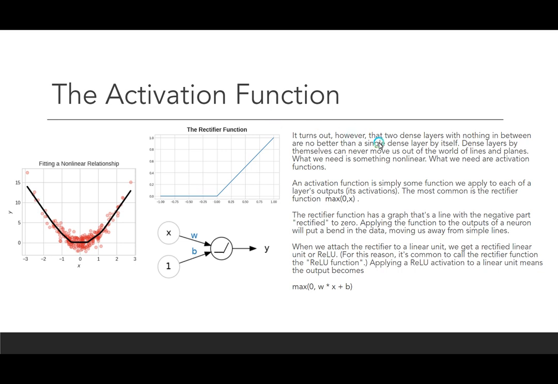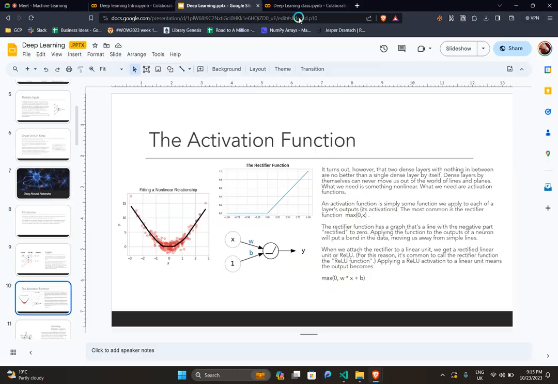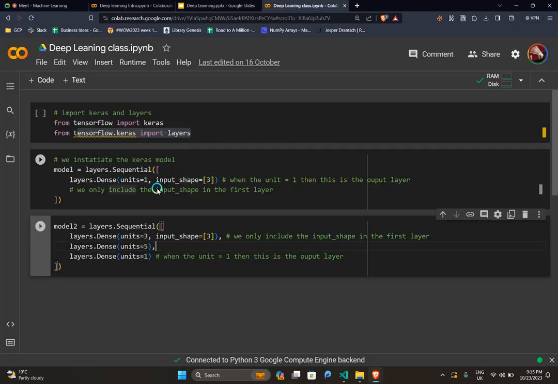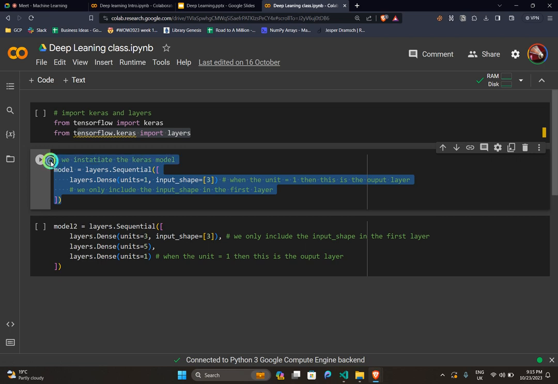It turns out, however, that two dense layers with nothing in between are no better than a single dense layer by itself. So if we go back to this code, this single layer or this model up here